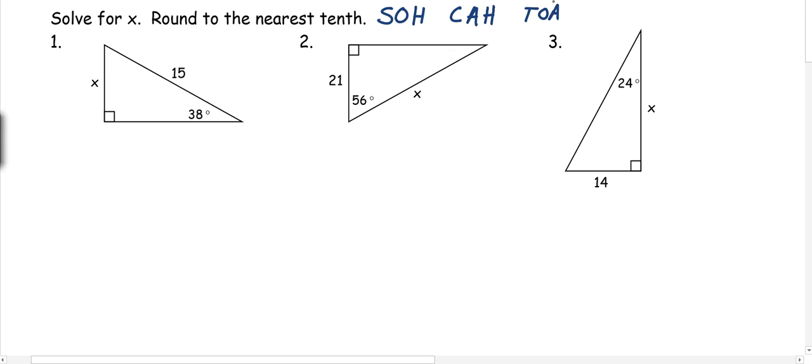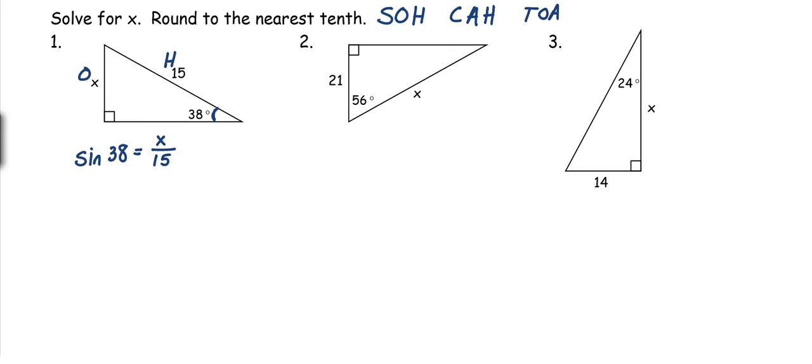So given a problem, you are going to look at the problem and see what information they're giving you based on the angle that they give you. So they give you an angle measure of 38 degrees. Across from my 38 is the opposite side, and the other side that has information is across from the right angle, which is my hypotenuse, which means in order to solve for the variable in this case, we need to use the sine function. So we're going to say the sine of 38 is equal to my opposite over my